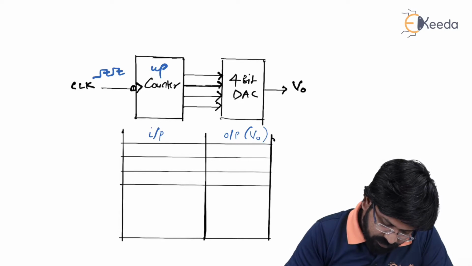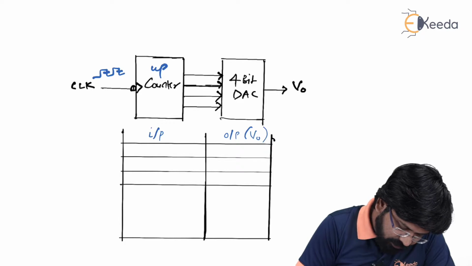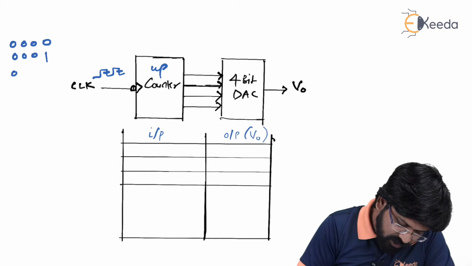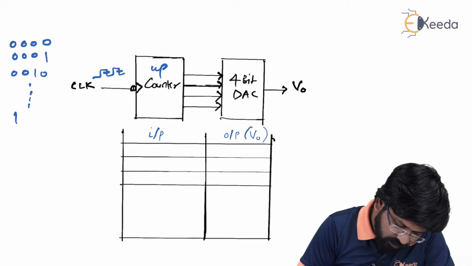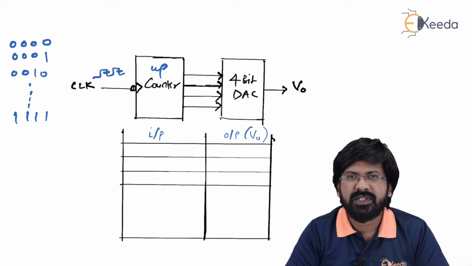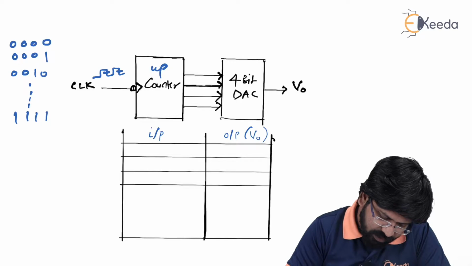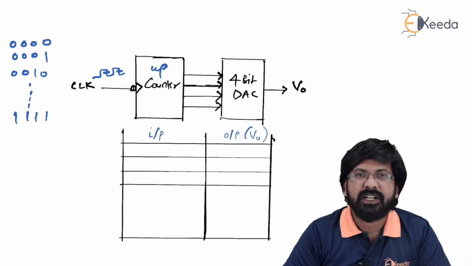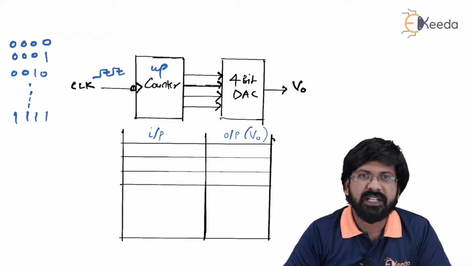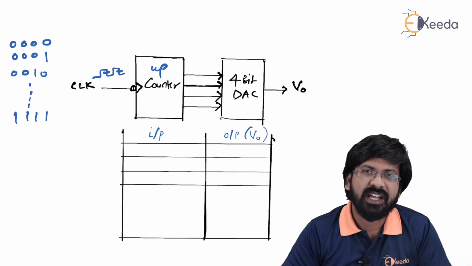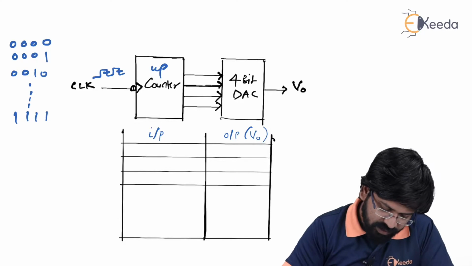The minimum value of the counter is 0000, then it goes to 0001, next clock it becomes 0010, and in a way it will go up to 1111. So this is just a 4-bit running counter. The output of the counter, as you can see, I have connected to a DAC, which is a 4-bit DAC, because this DAC has 4-bit input data.